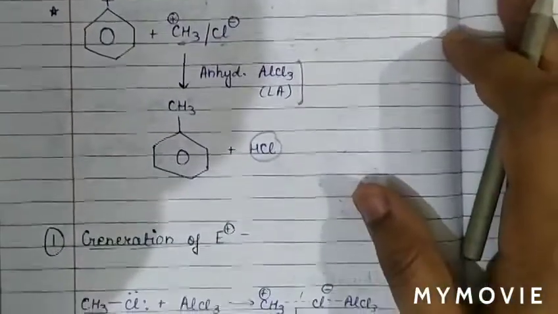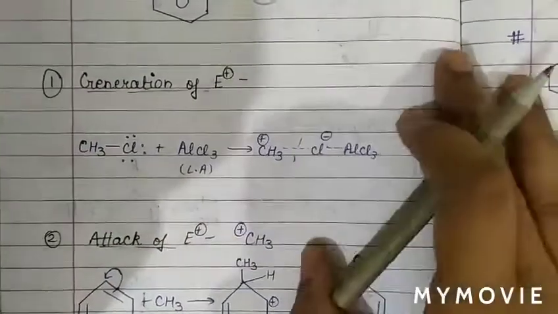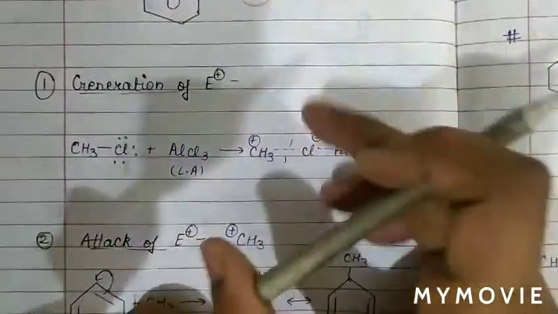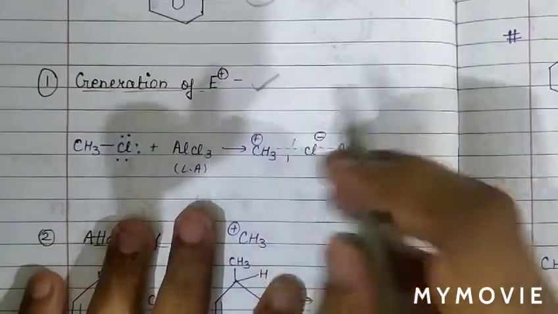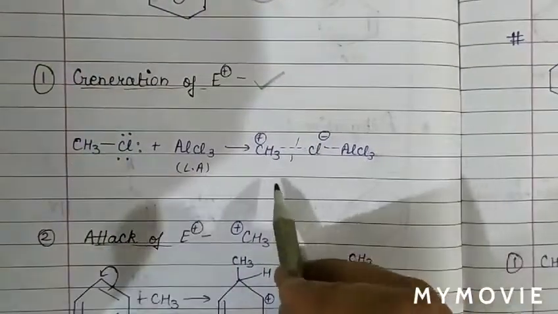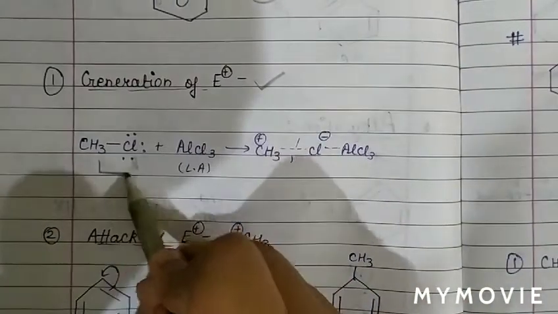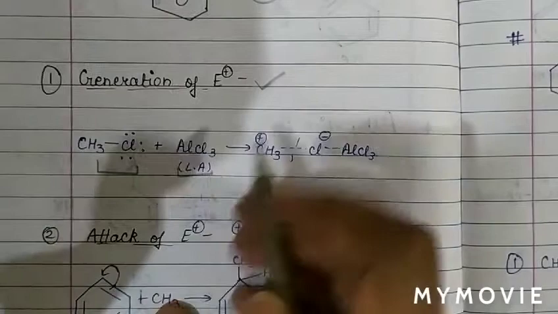Now see the mechanism of this reaction. In the first step there is generation of electrophile. Now we can see in generation of electrophile, this is CH3Cl and this is AlCl3. As we know,